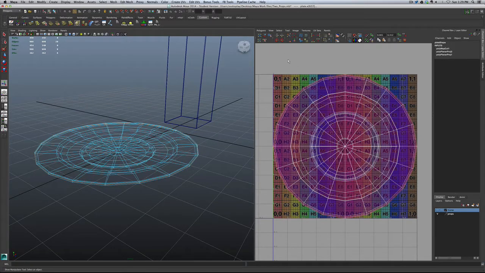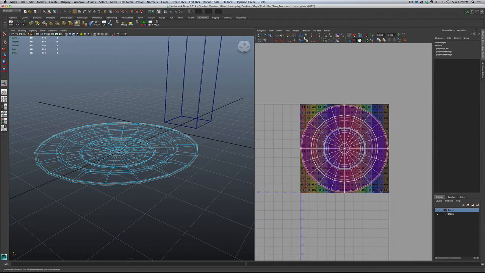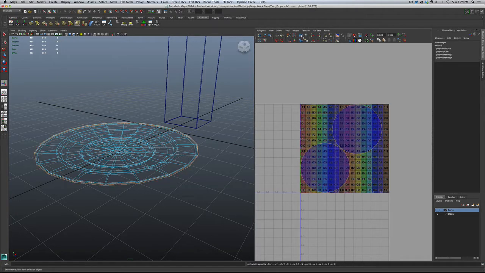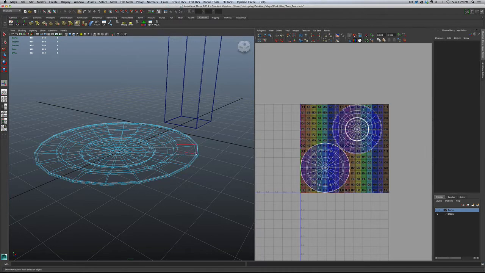The simplest way to separate these out over here is to hit this button up here. It kind of looks like Jenga or something like that, and select the faces to be moved into UV space. So we can just grab these and separate them that way. Now we get the two sections of the plate. Now, going back to this for a second,